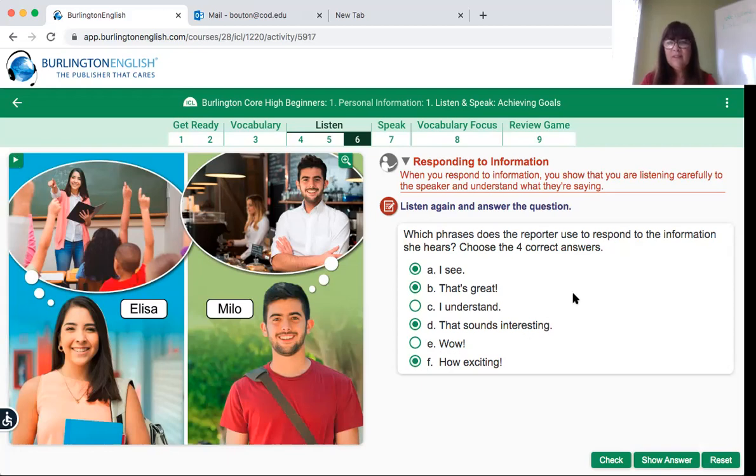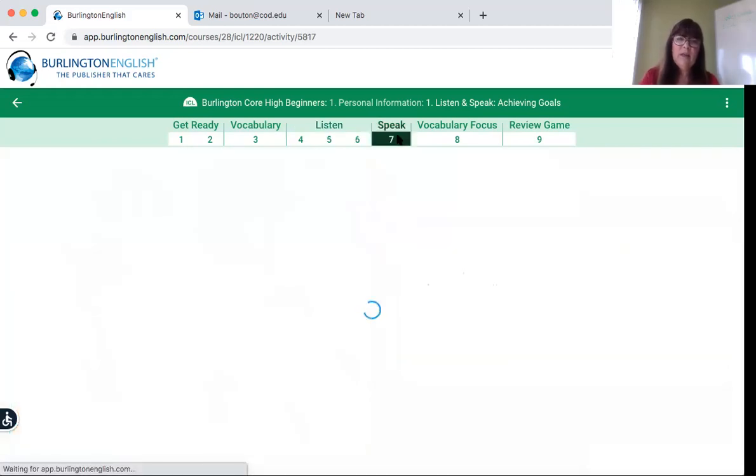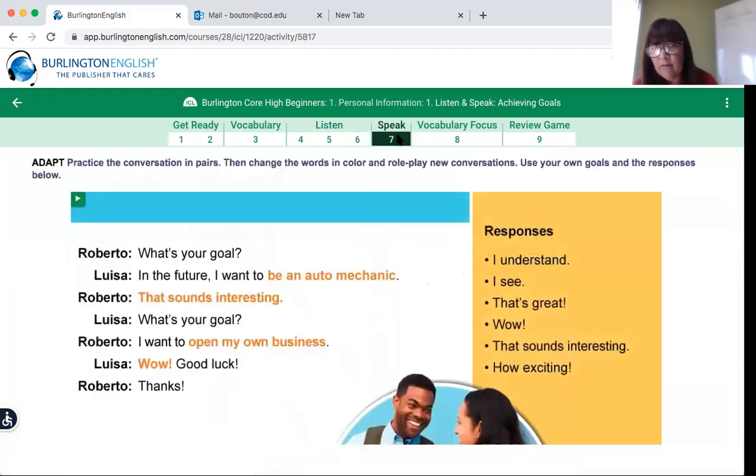Okay, so we can see these are the 4 things that the reporter said. I see, that's great, that sounds interesting, and how exciting. Yes. All right, so speaking, I think we might skip this because I cannot record right now, but practice the conversation in pairs, then change the words in color and role play.